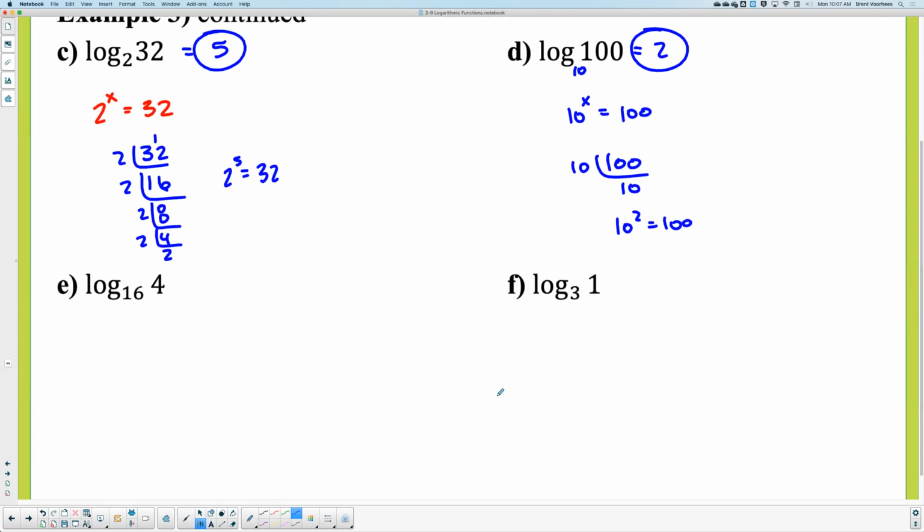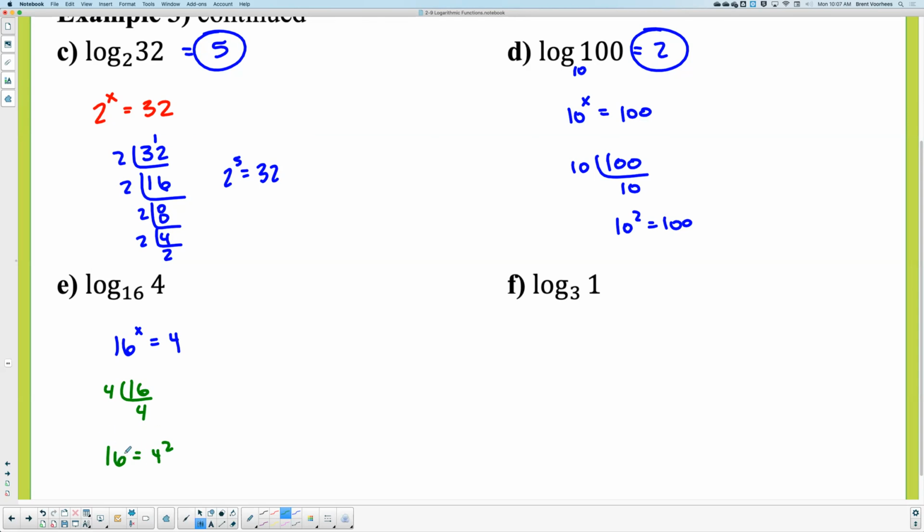All right, next one. So this one's saying 16 to what power equals 4. So we're going to do, what did I say before? Do I take this and divide by that? No, I said you take the bigger number, divide by smaller number. Okay, so 16 is going to get divided by 4. How many times can 4 go into 16? 4 times. So that means 16 is the same thing as,